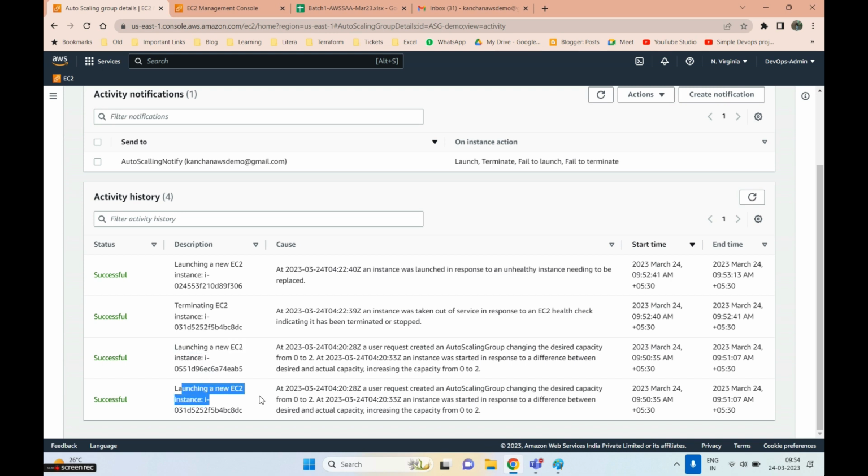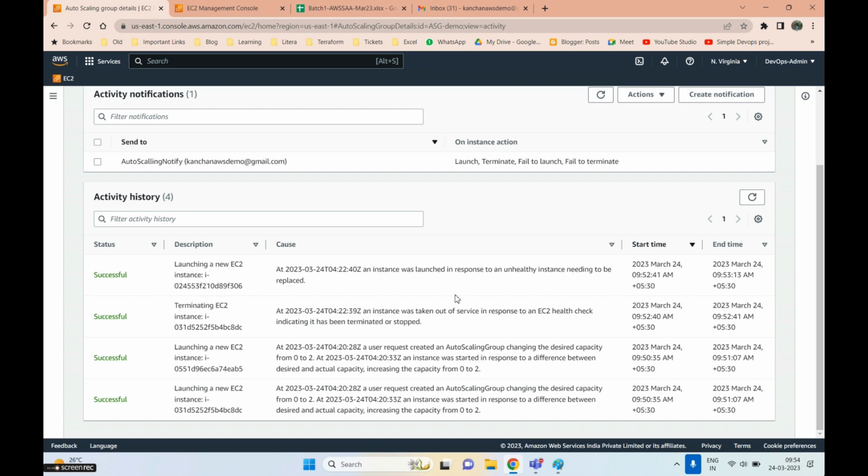Initially they launched 2 EC2 instances, one is terminated, so it is indicating that termination. See, the same thing you are getting in email. An instance was taken out of service in response to the EC2 instance health check indicating